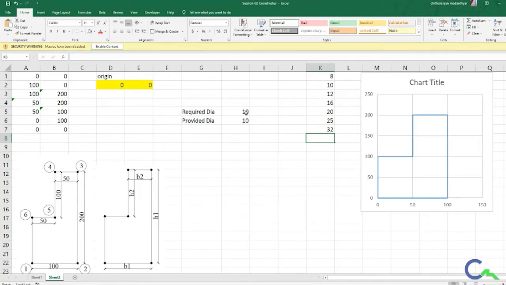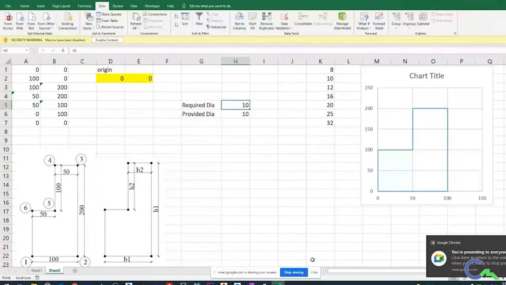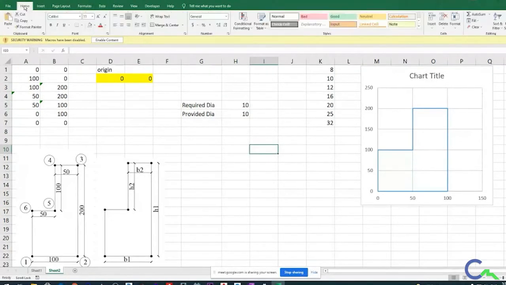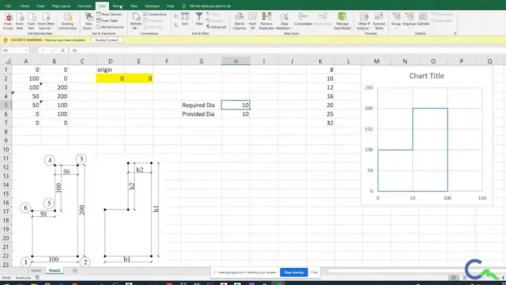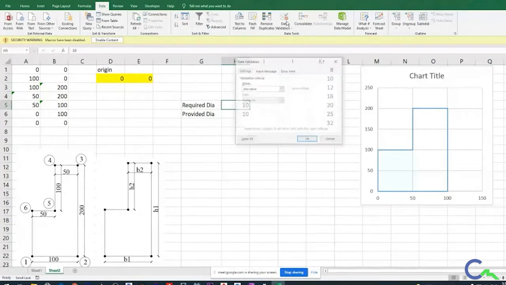So for that, first I will click on this cell. Initially we will be in home tab, then I will go to data. In that, we'll go to data validation.